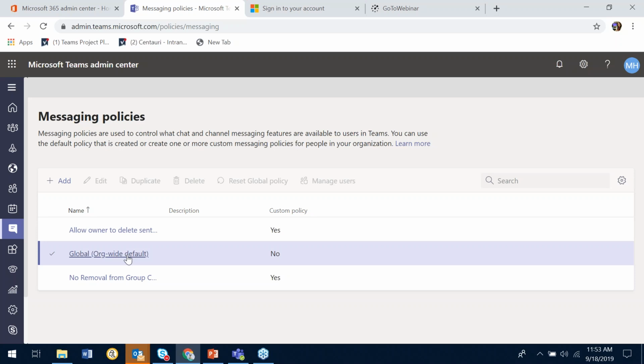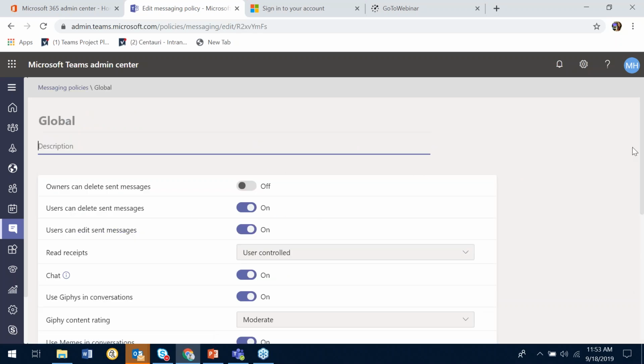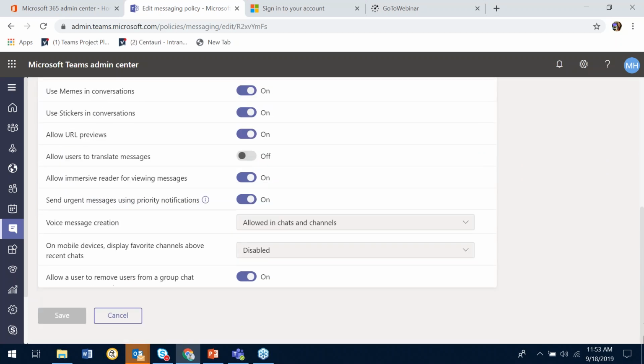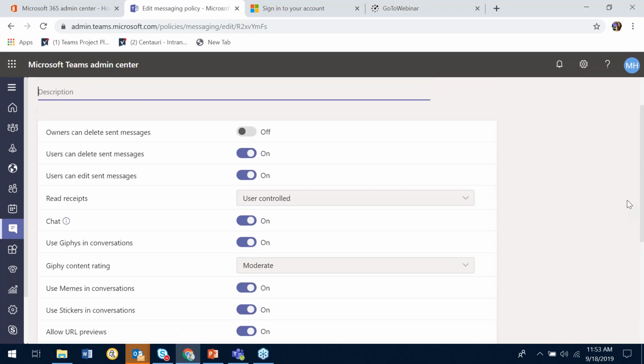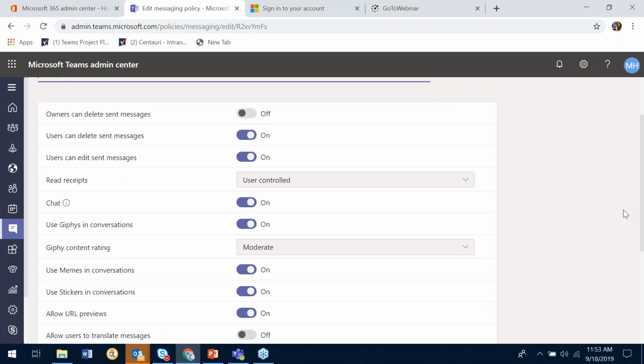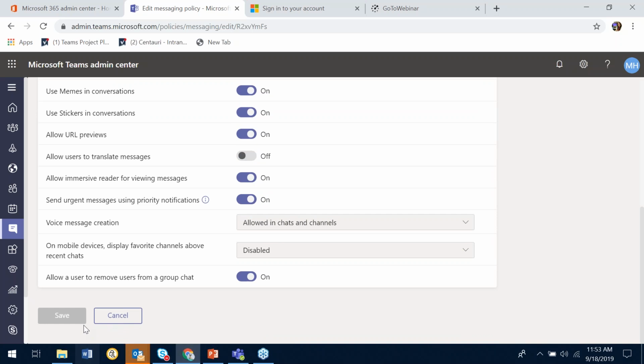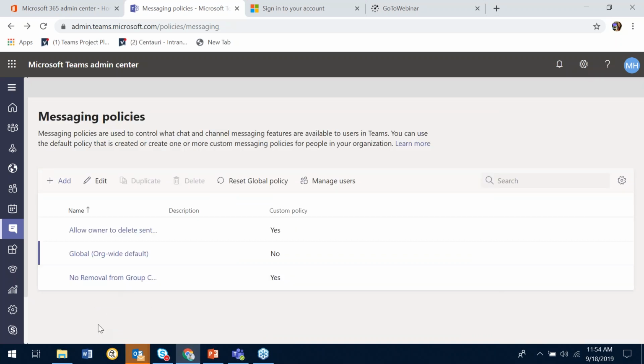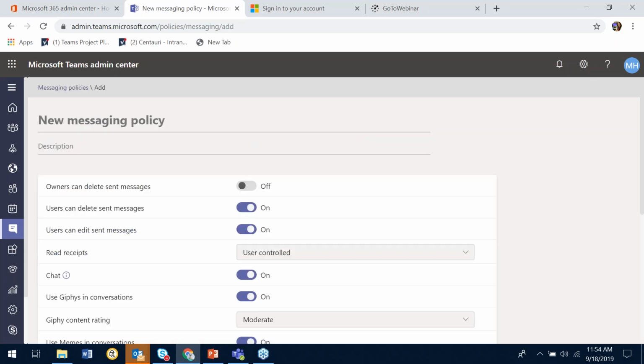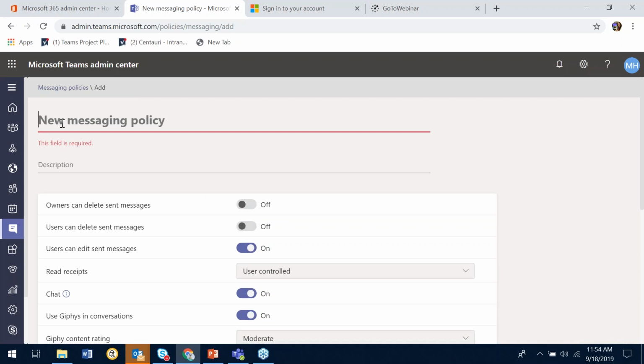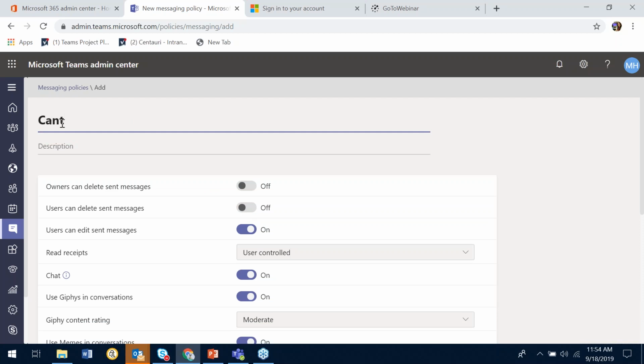So I'll show you the global settings that I could change. So here, owners can delete sent messages, users can delete. I could change these and then save, and that'll change it for all of the teams. It'll change it globally in my tenant. And you can create new policies. So again, if I wanted to create one that's just going to apply to some users, maybe some user went through and deleted a bunch of messages or did something inappropriate, like, okay, you're losing that ability. I could take it away and create this special policy, can't delete messages,